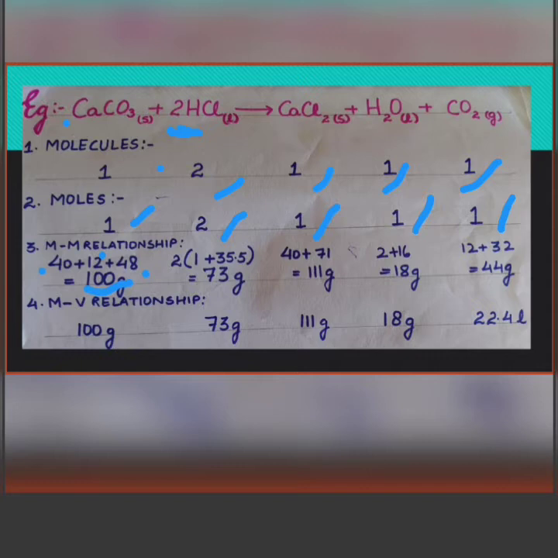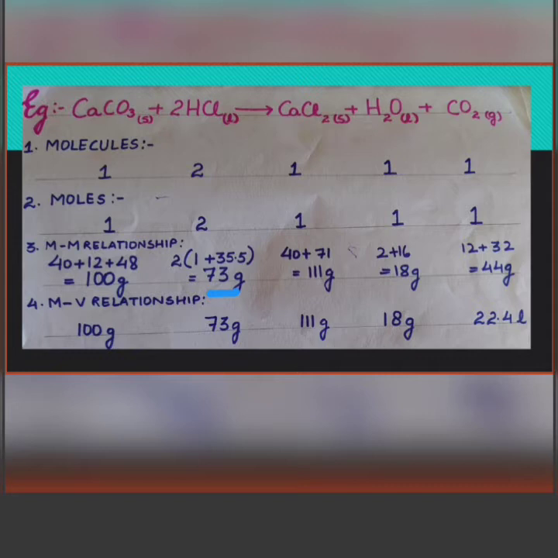Now let's come to 2HCl. I have written 2 before the bracket because we are going to multiply this 2 with the numbers given inside the bracket. One is for hydrogen; you all know that hydrogen has atomic mass 1. Then 35.5 is the atomic mass of one atom of chlorine. So 35.5 plus 1 is equal to 36.5, into 2 gives 73 grams.